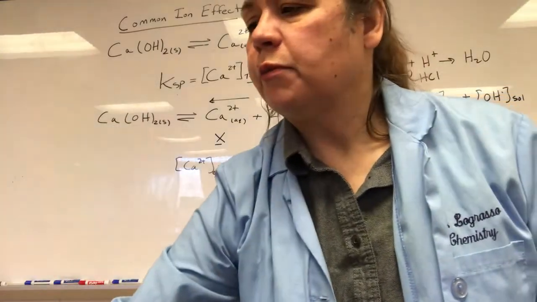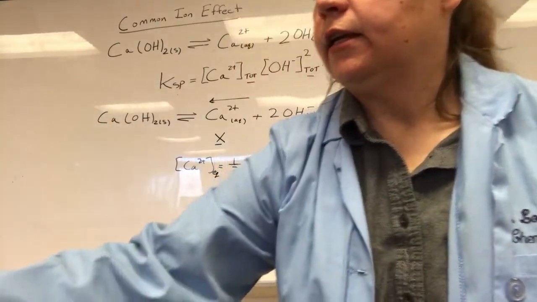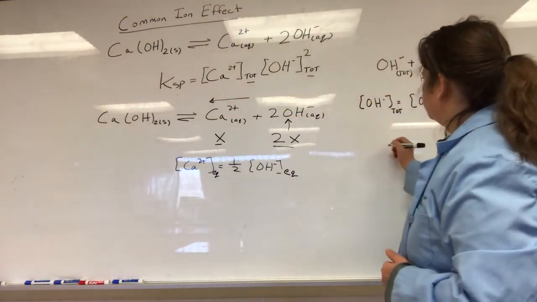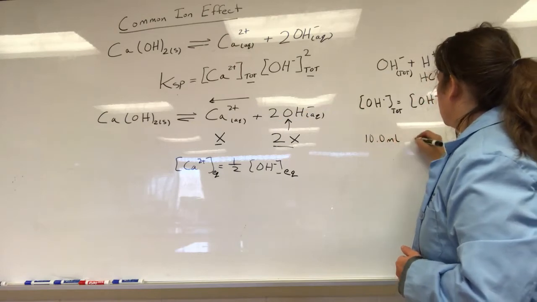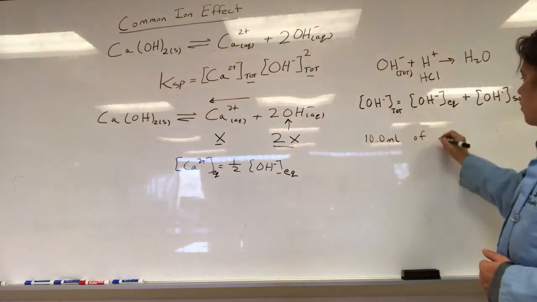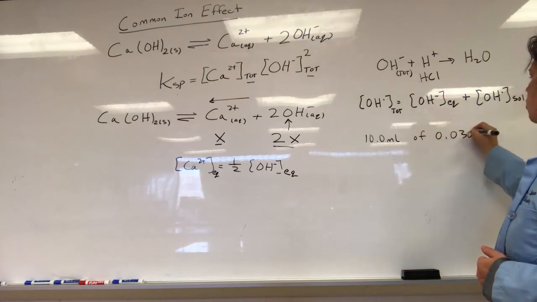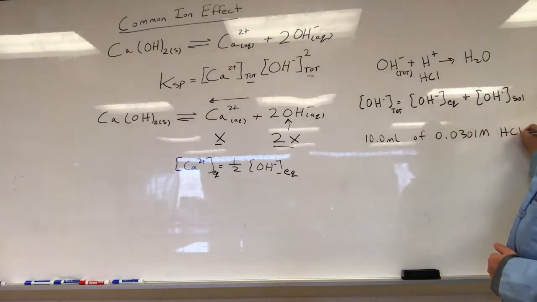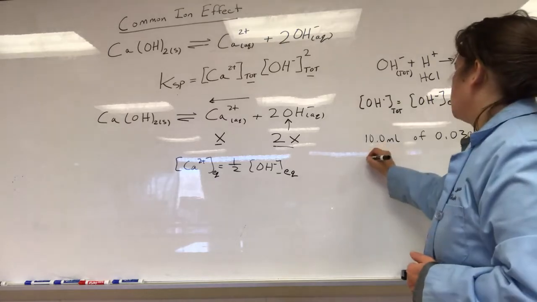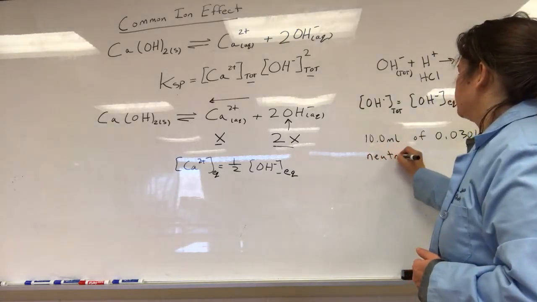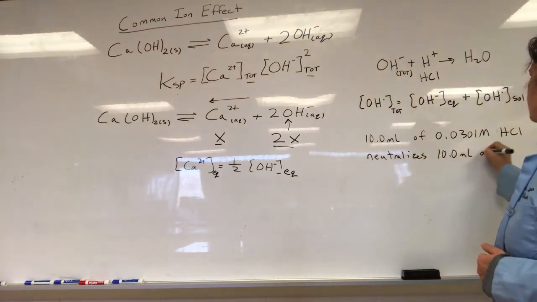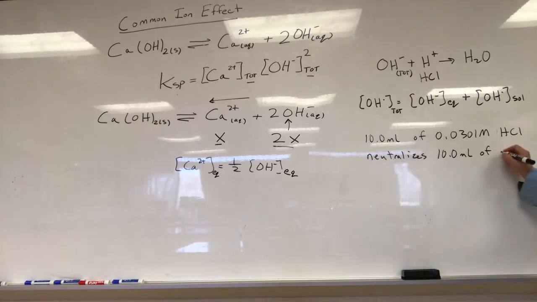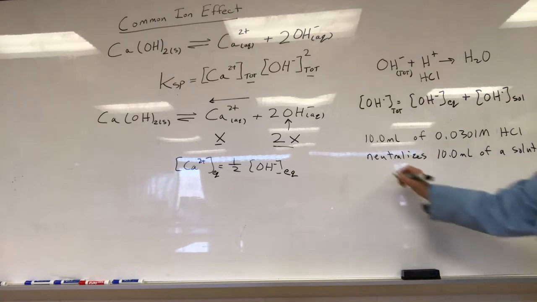Just to remember how we would calculate that, if we used 10 milliliters of 0.0301 molar hydrochloric acid, and we use that to neutralize 10 milliliters of a solution that contains hydroxide,